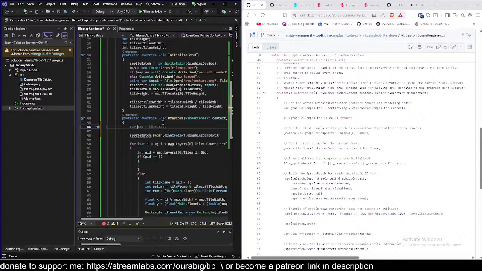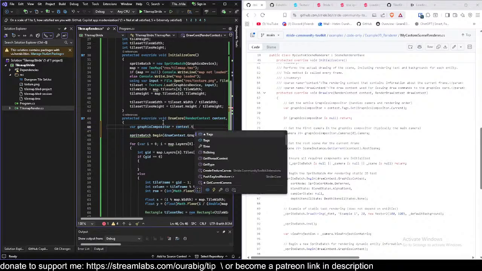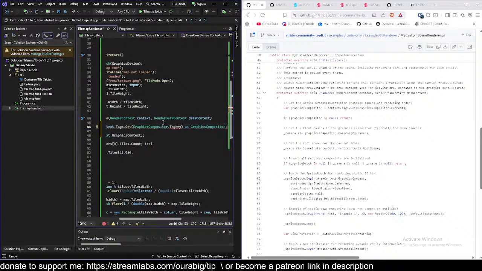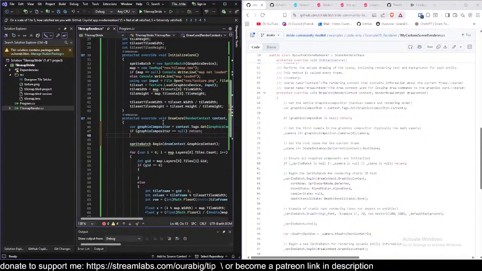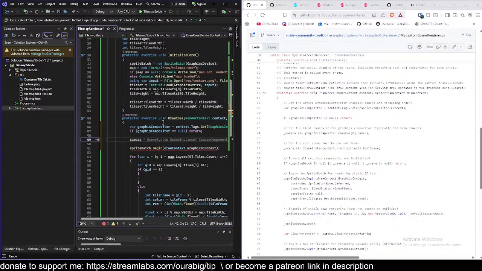So var graphics compositor is equal to context dot tags dot get graphics compositor dot current one, and it's just return, and we're just gonna have our camera is equal to